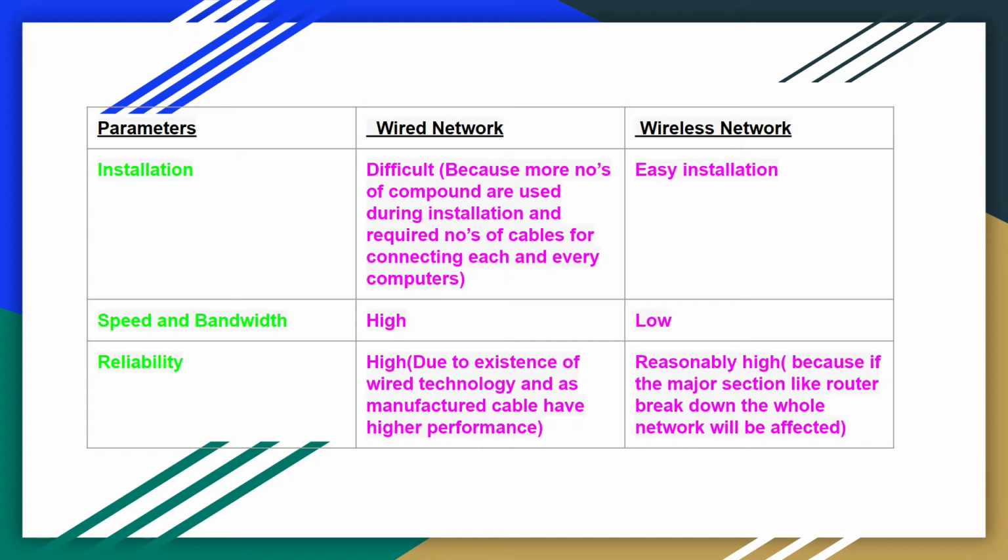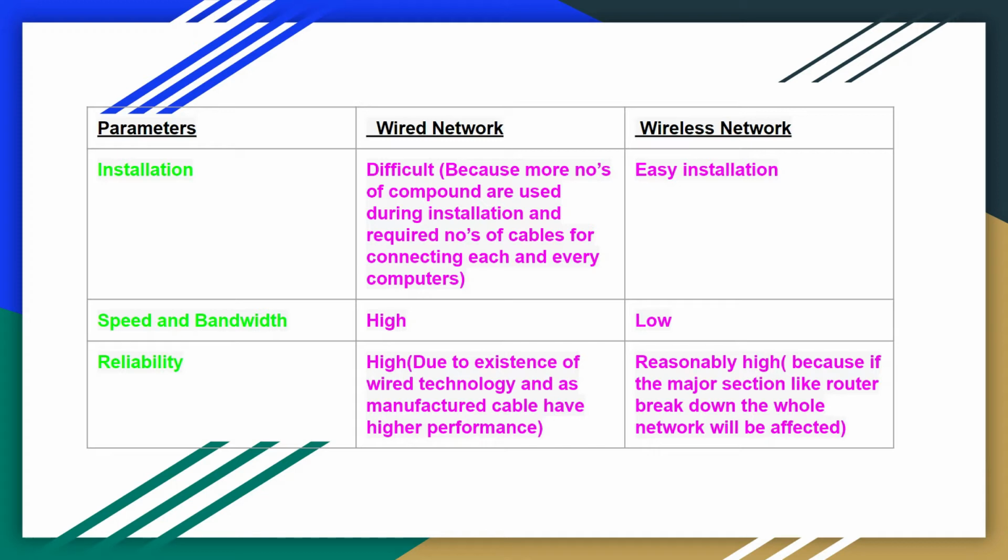Why? Because when we connect our systems with the help of cables, then the speed increases because there are no interruptions, or we can say very few interruptions. But if we connect our systems wirelessly, then what happens? There are many interruptions in the atmosphere, so our connection is interrupted by them.